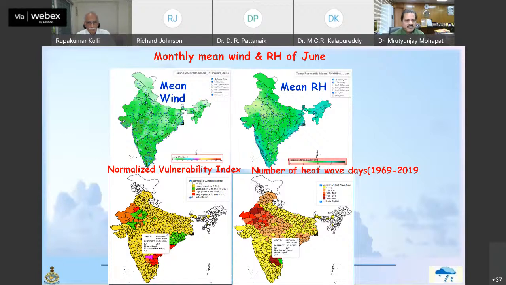To further aid the vulnerability assessment and hence the risk, we have prepared the wind impact and relative humidity impact. We have calculated a normalized vulnerability index of the heat wave and also the climatology of heat wave based on long period data. As you can see, this is the month of June. All this information is for the month of June, for example. You can find out how vulnerable the central part of the country is towards heat wave conditions, even